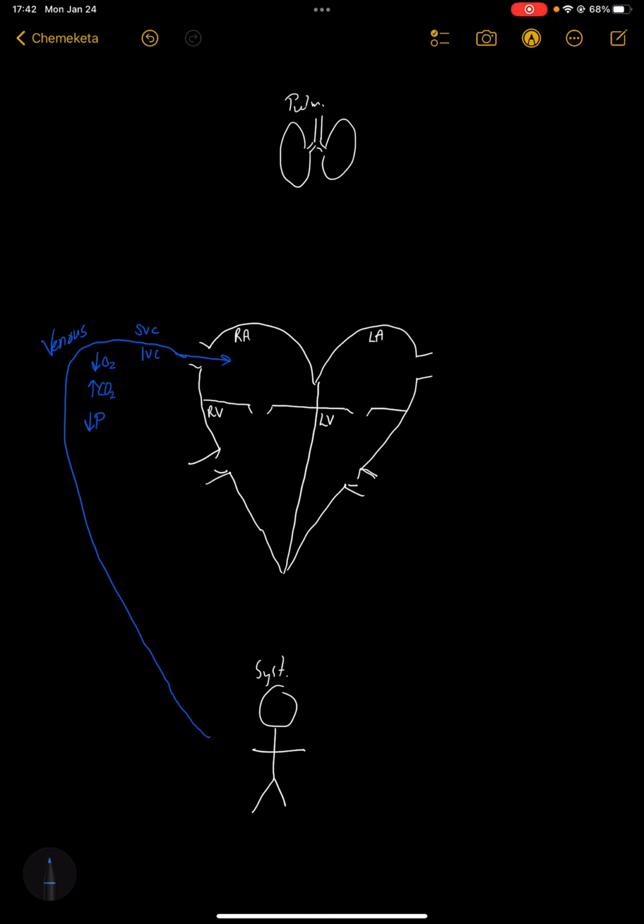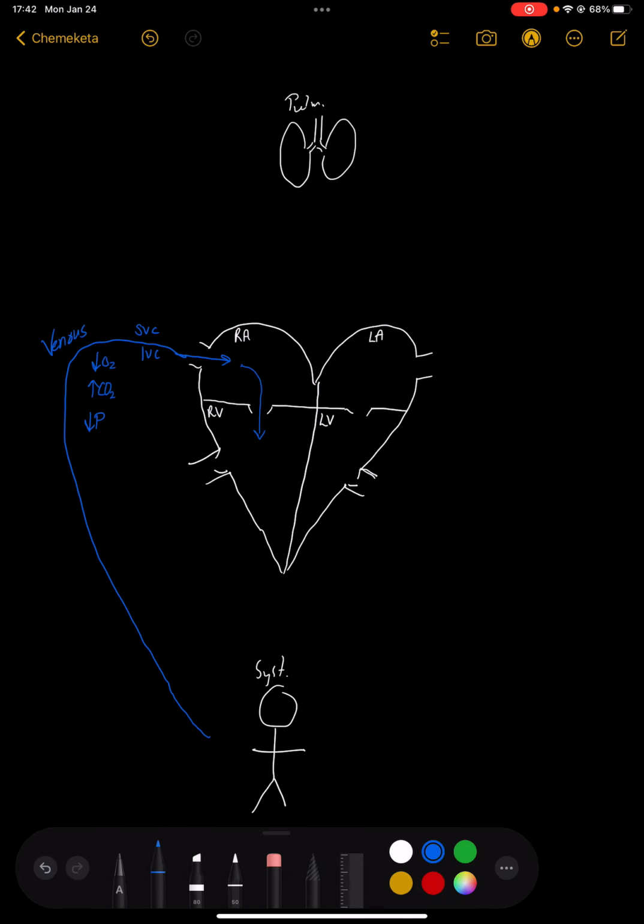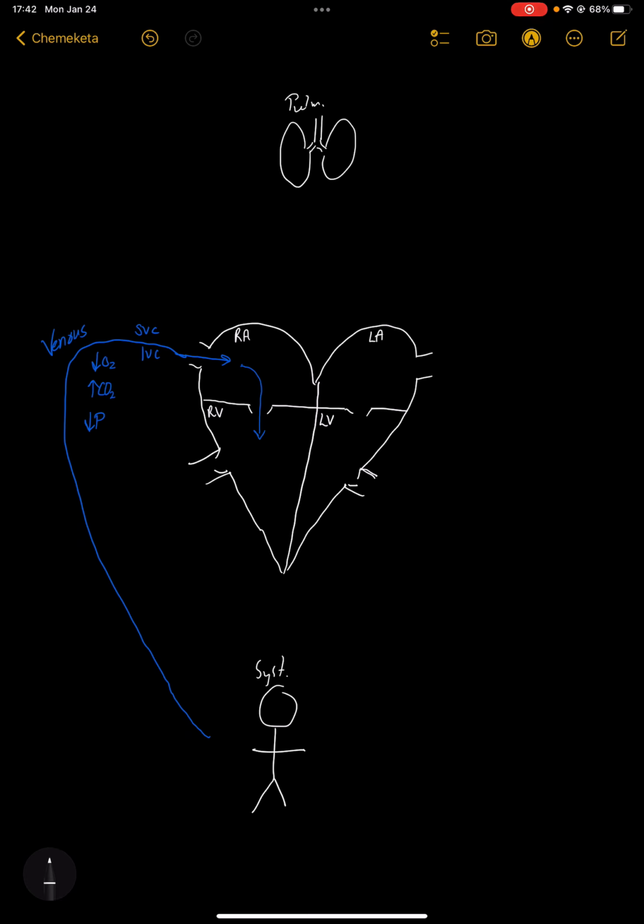And from the right atrium, the only place it can go is down into the right ventricle. So whatever side of the heart you go in on, you stay on that side. You don't cross, at least in an adult. For kids, it's weird. And then the right ventricle is going to contract. And when it does, it's going to push closed that AV valve. And we have to have that AV valve, otherwise, when the right ventricle contracts, that blood will just go back into the venous circuit. So the first valve that we run across, the number 1 right there,